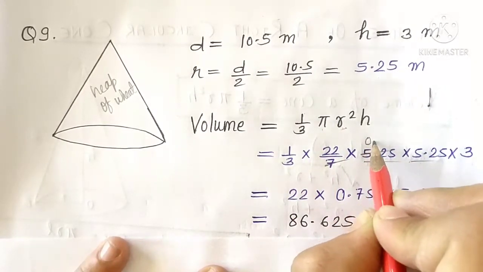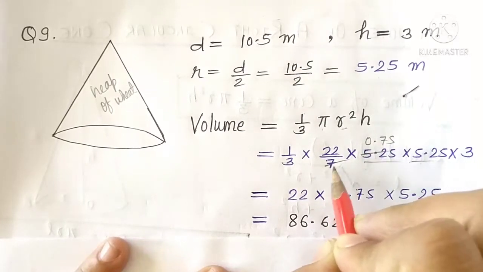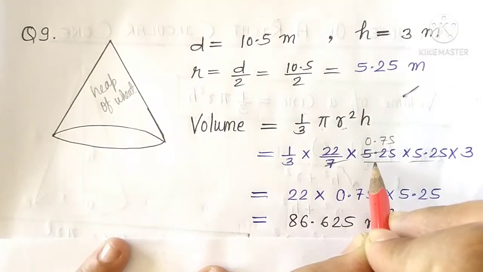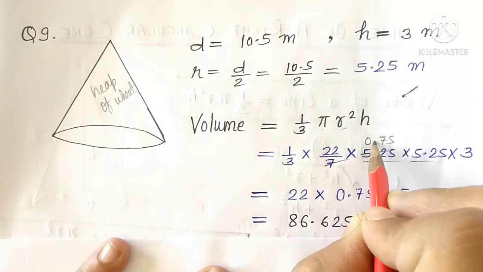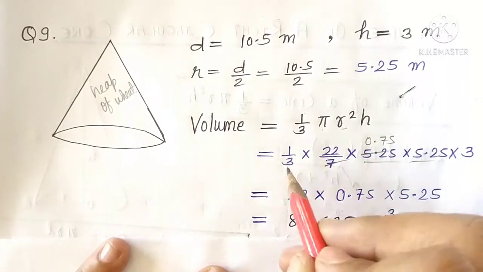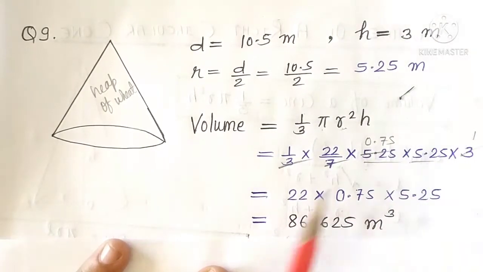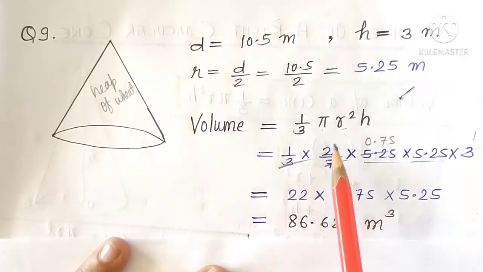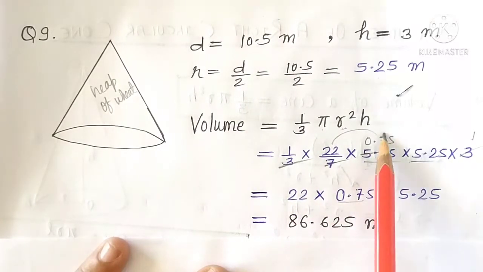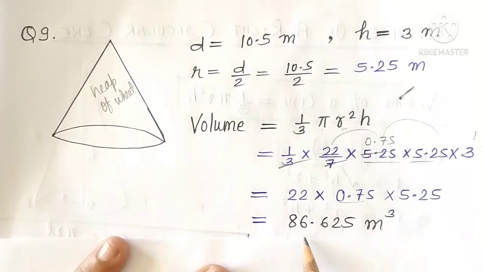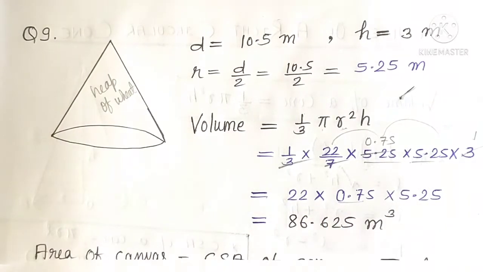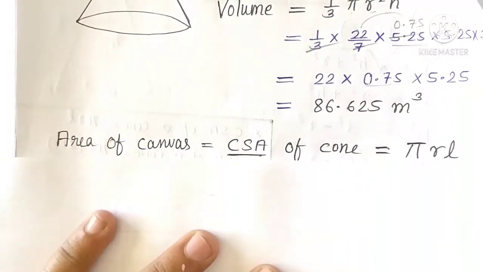Yes, 0.75 we can cut, because 7 7 is 49, 3 left, 7 5 35, so we can write 0.75, it will cut. Then 3 will cut this 3, so what is left? 22 multiplied by 0.75 multiplied by 5.25, which comes to 86.625 meter cube. This is the volume. But you remember, we have to find the area of the canvas, which means CSA of cone, which formula is